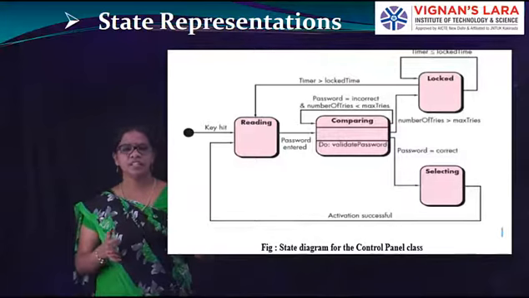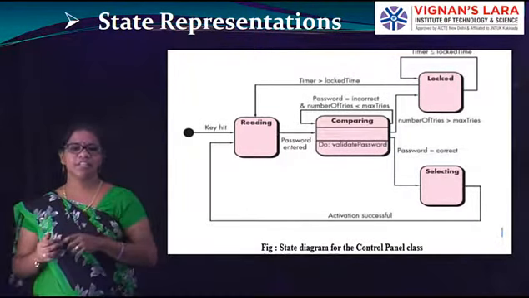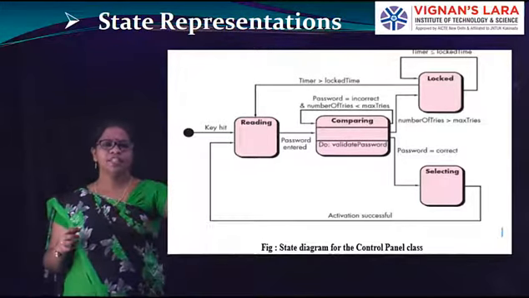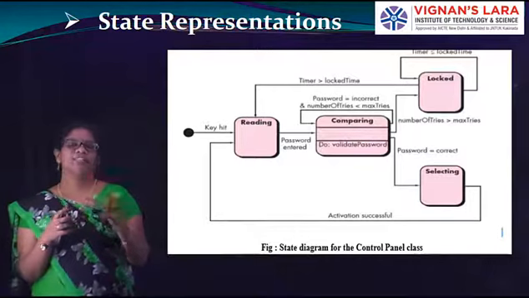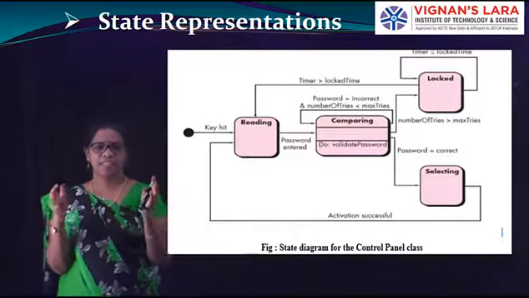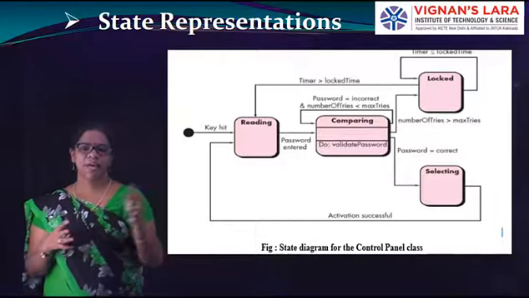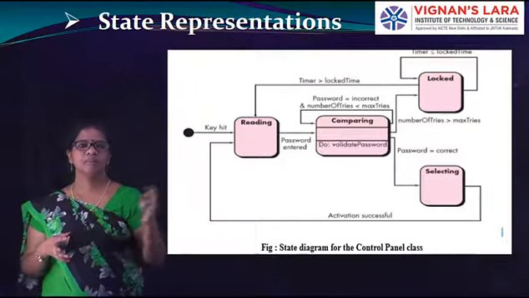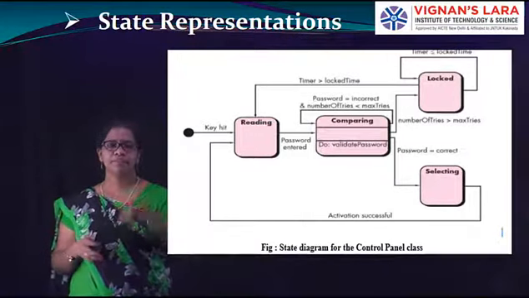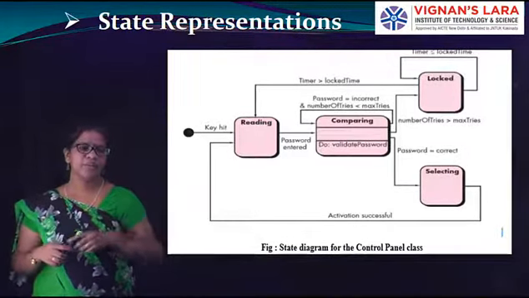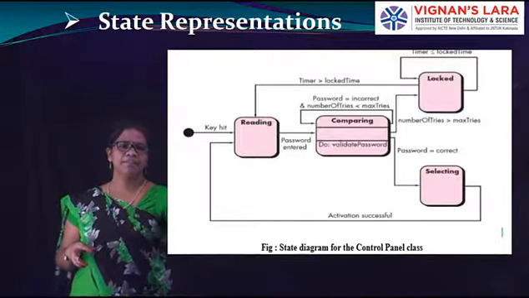If you see in this diagram, first it will go for the start button. That circle is the start button. The next one is the key text, that means if you enter some key. Then it will go for the reading, which is one state. Then it will ask for the software password to enter. After the password is entered, it is compared with the database. That is the comparing state. If it is valid, then it will go for the selecting.